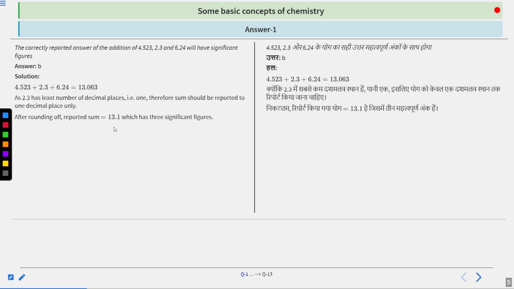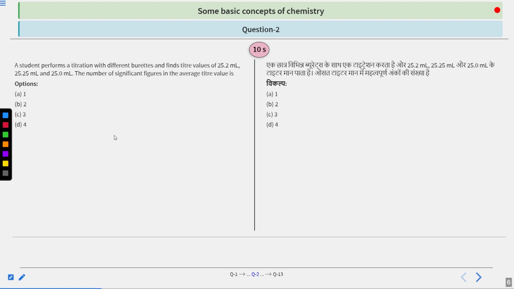If you just round it off to the first decimal, it will give us 13.1, because 13.603 has 6 after the first decimal digit. So 13.0 we have to keep, and 0.6 we have to drop. If we drop 0.6, then 6 is greater than 5, so to round off we will increase the last digit by 1. That will give us 13.1. Therefore, we have three significant figures.